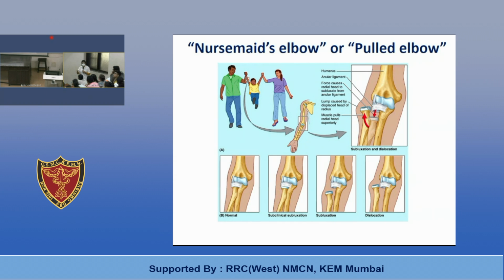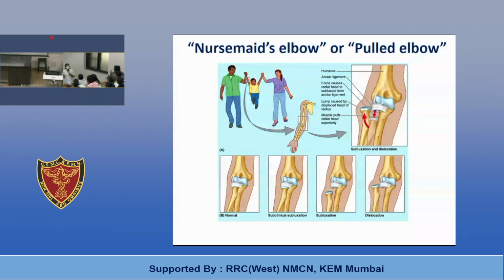It is more cylindrical. So what happens if you have a cylindrical annular ligament and head and neck of the same size? And what will happen if there is a cup-shaped annular ligament and the head of radius is of more diameter as compared to the neck of radius? There are chances of subluxation in case of same diameter of head and neck of radius and a cylindrical annular ligament. It is not cup-shaped. That's why it is easily pulled out of the osteofibrous ring.